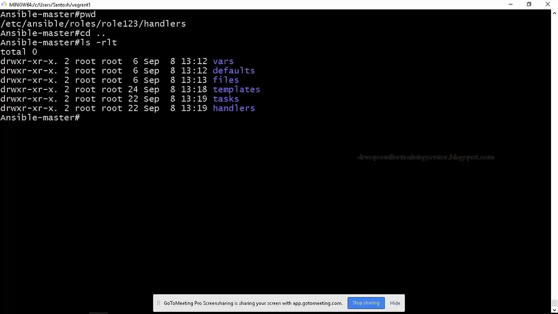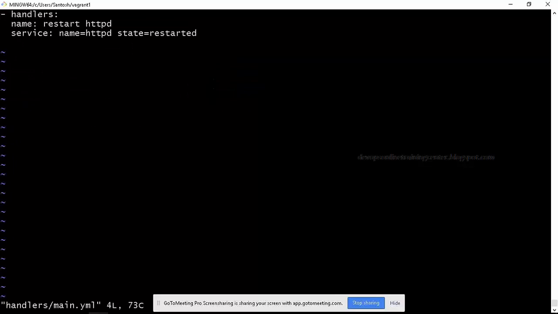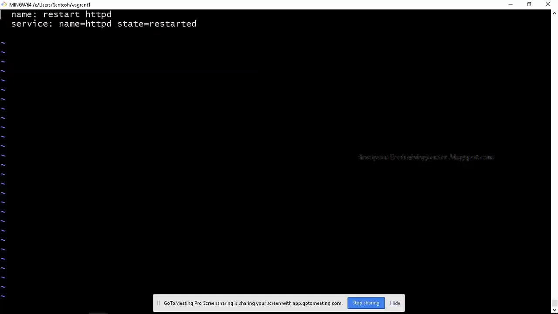Are you following? See, we have a role. Previously we defined everything inside one playbook. Now everything is segregated. There is a directory for templates, there is a directory for files, defaults, vars, handlers. Handlers also have a file, right? There we specified what needs to be done if we have to restart Apache httpd. Handler is specified in the playbook, right? I think this is also not required. It's already in the handlers file, right?